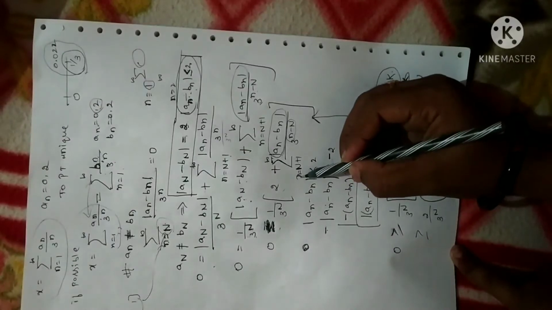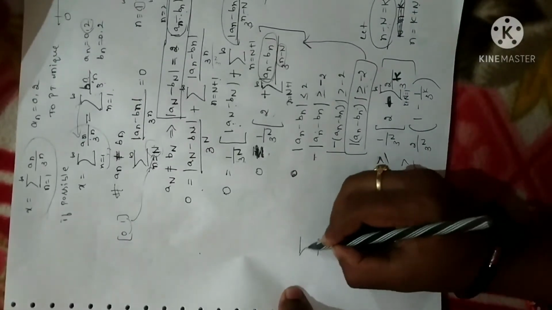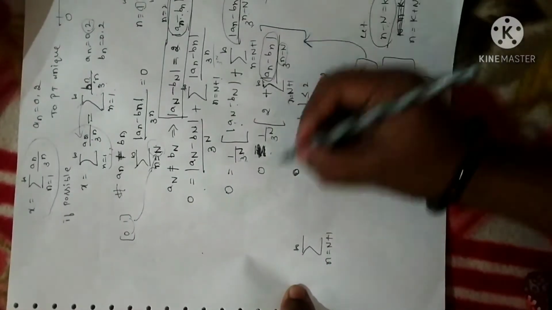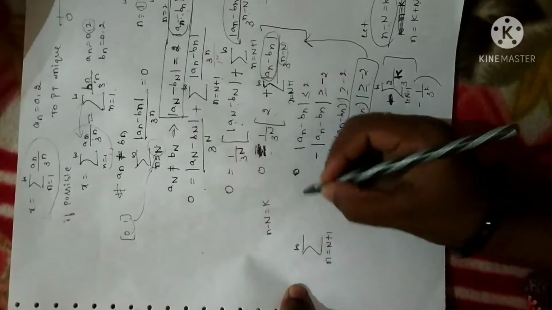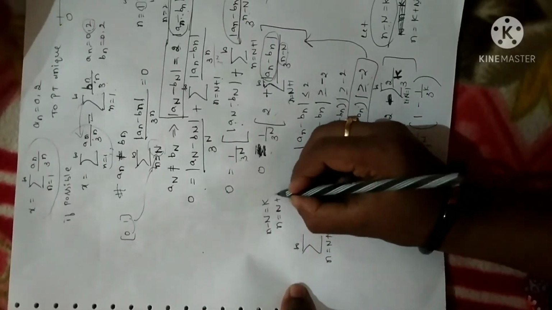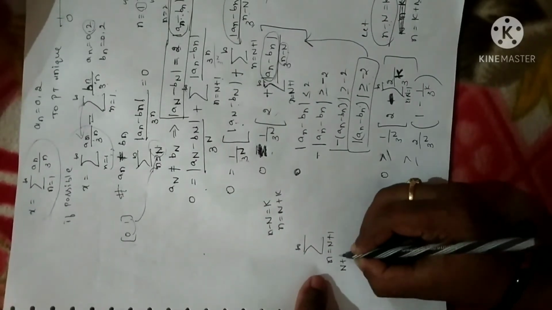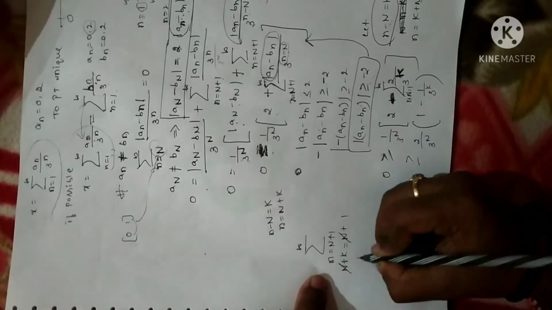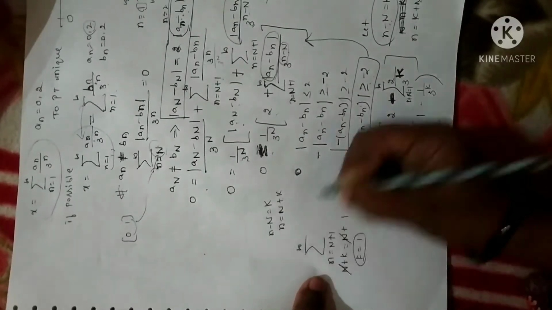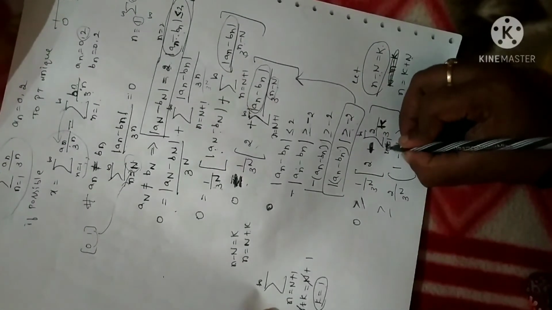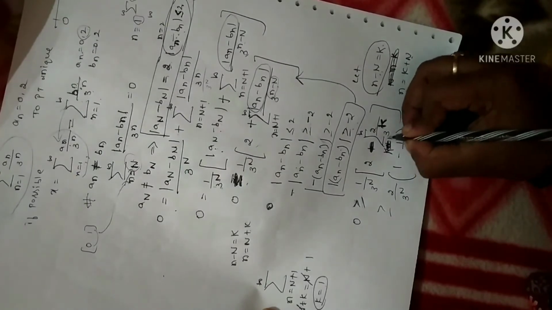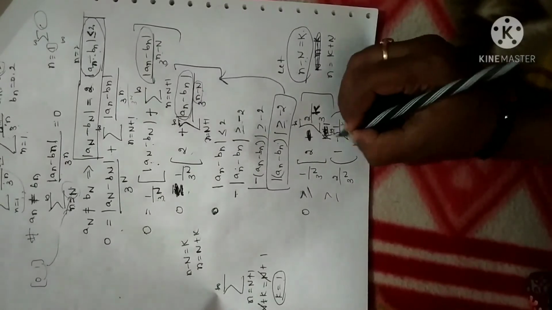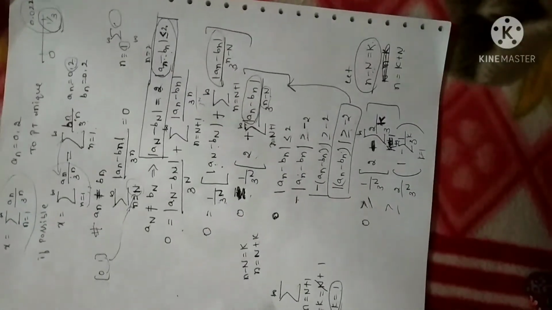See here, let me write here once again. I have the summation with n from N plus 1 to infinity. What I have done is I have replaced n minus N with k. So I can write n as N plus k. So when I write n as capital N plus k, I can replace n with N plus k, right? So N and N get cancelled. The summation will become k equal to 1 to infinity. So I can directly write this as summation k equal to 1 to infinity. Fine. So this is what I have.